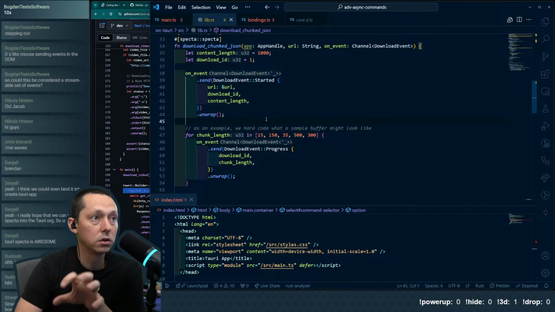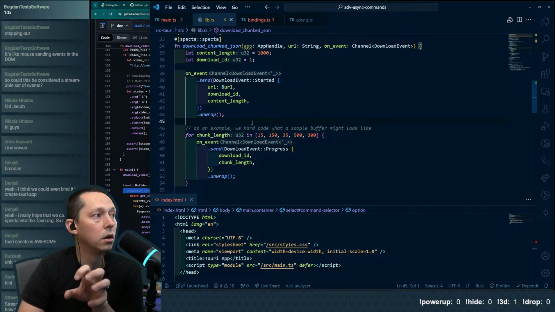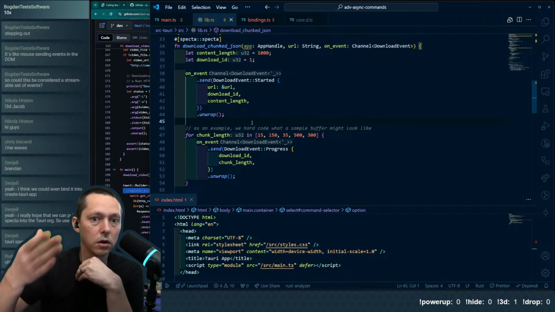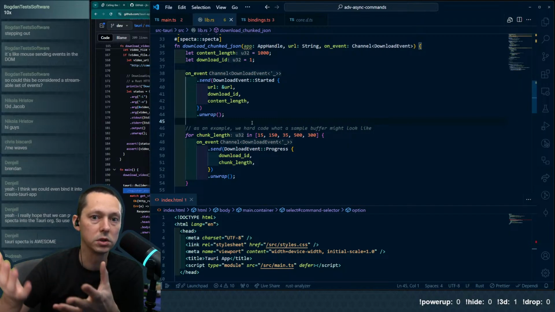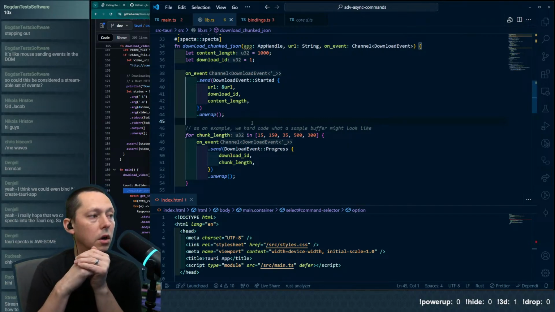In the case of channels, all we want is to have more control over when or how those events are sent, rather than just immediately responding or responding through an async function.